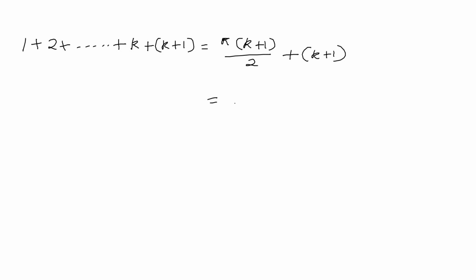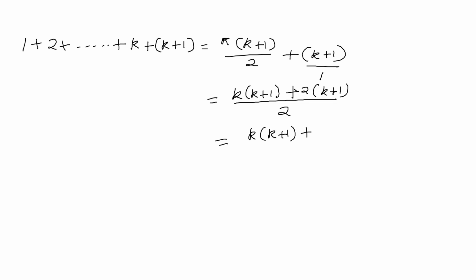So now what you get here is the common denominator is 2. So 2 1 times. So what is there on the left side? k into k plus 1 plus, see here it is actually 1. So 1 2 times. So you have to multiply 2 into k plus 1. So that is k into k plus 1 plus,